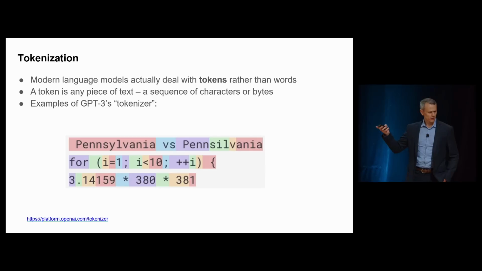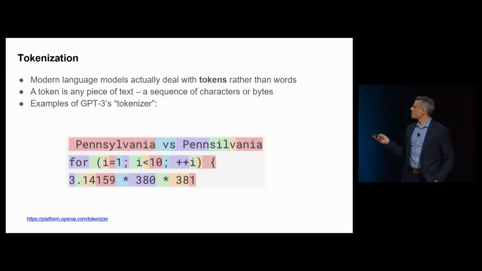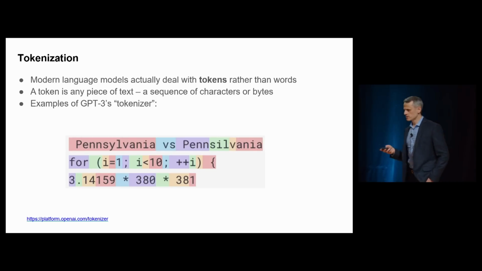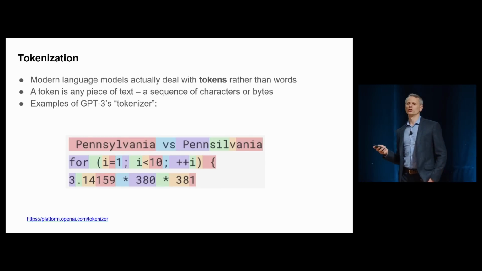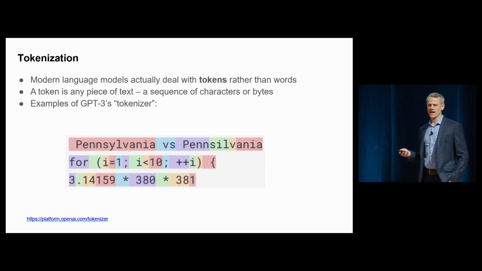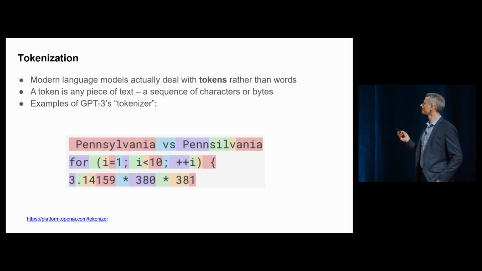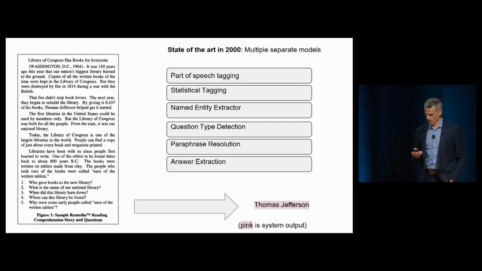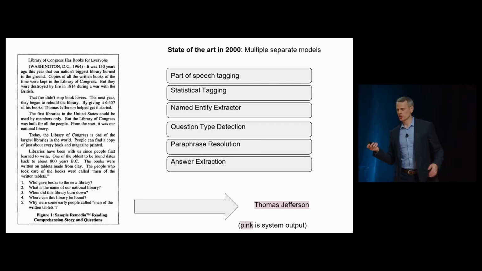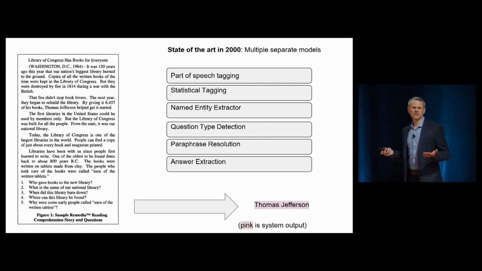One thing I'll call out, because I want to refer back to it later, is this is the tokenization from the GPT-3 model. And in its handling of this numeric expression at the bottom, it seems like a somewhat arbitrary partitioning into chunks, sometimes 2 digits, sometimes 3 digits. And that's something that gives us some concern in how these types of models will be able to handle numerical expressions. OK. So we know how to generate text with a language model. What does this have to do with AI?